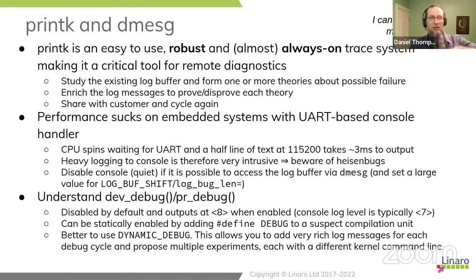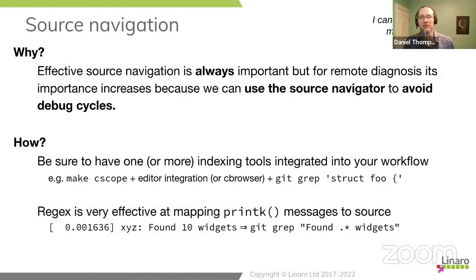So back to source navigation. Source navigation is particularly important for remote diagnosis. I mean, it's important all the time for making you more productive as a programmer, but it is especially important for remote development, because the cycle that we have is quite often we will receive maybe a dmesg buffer from the customer or a log of the UART saying, this has happened, what's gone wrong? And you read it and you find a couple of error messages, and you're not entirely clear what has caused those error messages to manifest themselves.